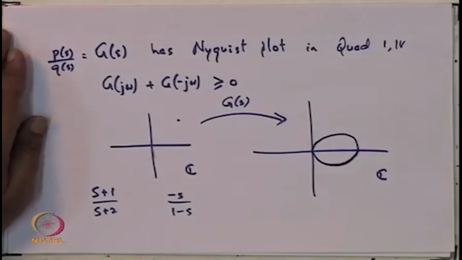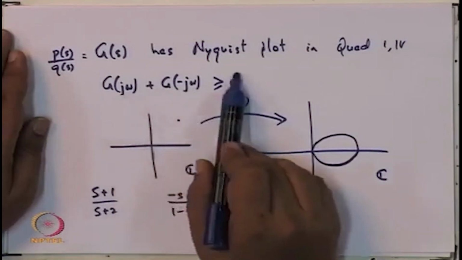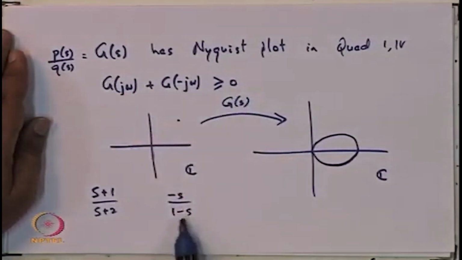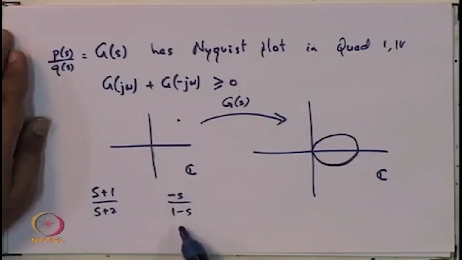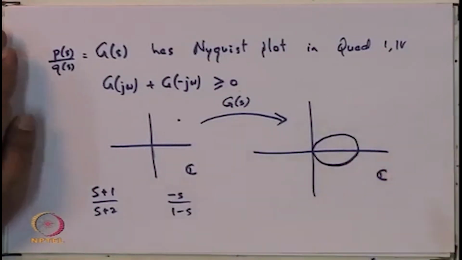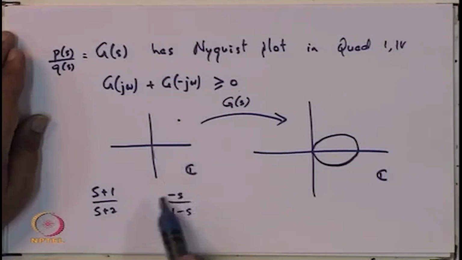Okay. Now, if the positive realness definition is just taken to be this, then both of these will turn out to be positive real. Now, if you take the state space representation of this, and of this, and try to use the positive real lemma, the positive real lemma will be applicable to this only because its denominator has its roots in the left half plane, whereas in this case the denominator has its roots not in the left half plane, but in the right half plane,